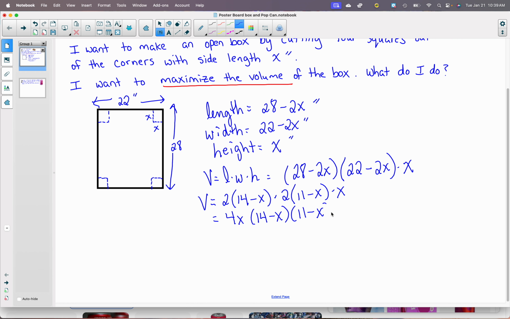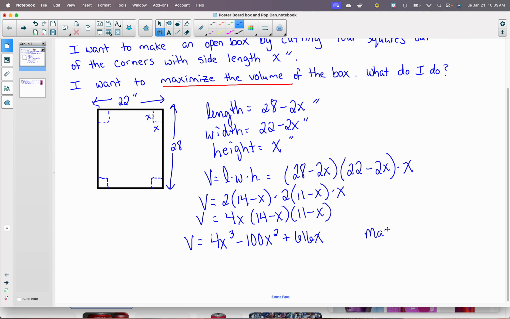So it's going to be a little convenient if we go ahead and multiply this out to come up with a polynomial expression. So I just already did it. And I would put this in a box. I know you guys could do that. So when you finish this, you get V equals, for the volume, 4x cubed minus 100x squared plus 616x. So you could either trust me on that or work it out, but I know that you know how to multiply that. So I am trying to maximize